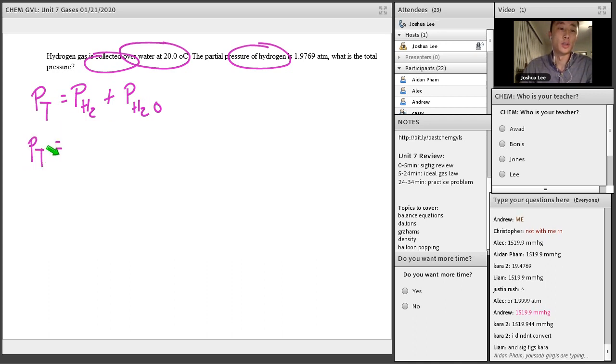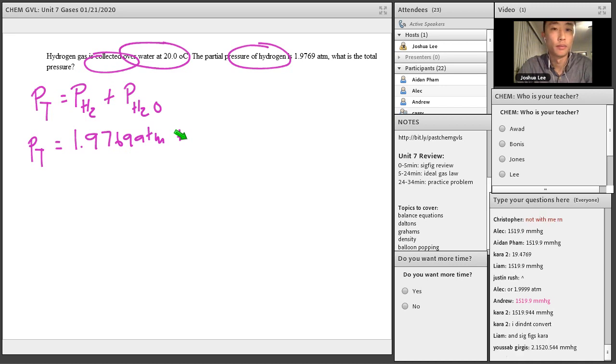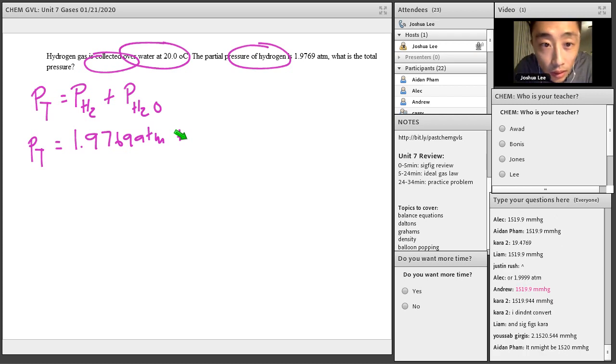So pressure total is pressure of hydrogen plus pressure of water, which I have to look at the chart. How hot is the water? 20 degrees Celsius. That is 17.5